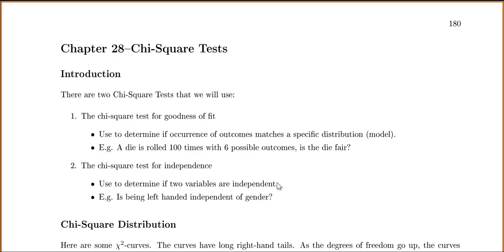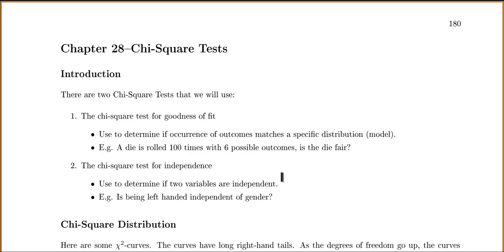Number one, the chi-square test for goodness of fit. We use this one to determine if the occurrence of outcomes matches a specific distribution or a model. For example, a die is rolled 100 times with 6 possible outcomes. Is the die fair? And number two is the chi-square test for independence, and we use this to determine if